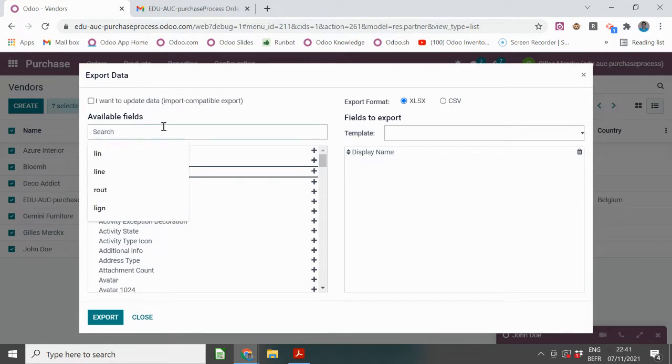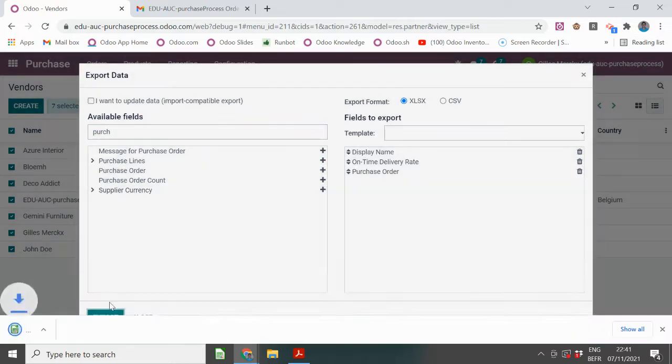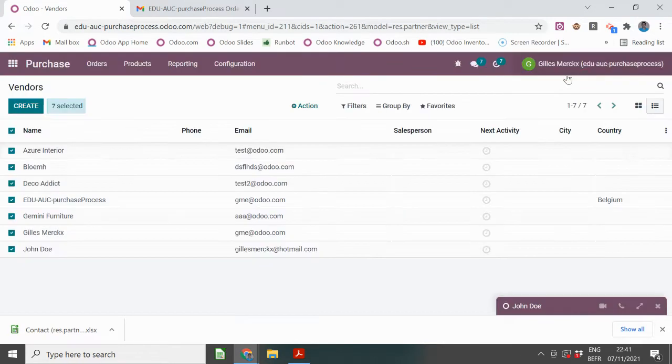It might also be interesting to find the on-time delivery by supplier, and maybe the purchase order count or the purchase order amount, and I can export that information. Then I would have directly for each vendor how much I have purchased and what the on-time delivery ratio was, and I can see whether I have maybe to renegotiate or change supplier for some